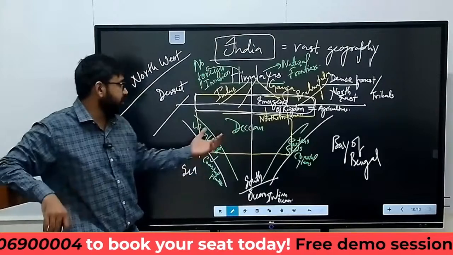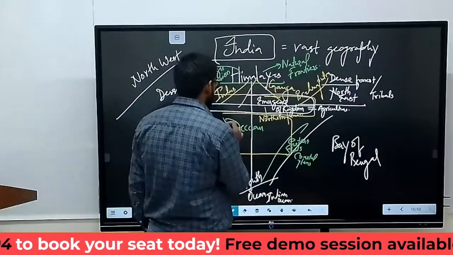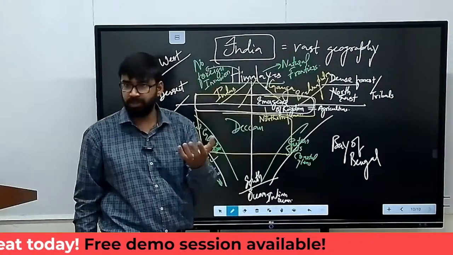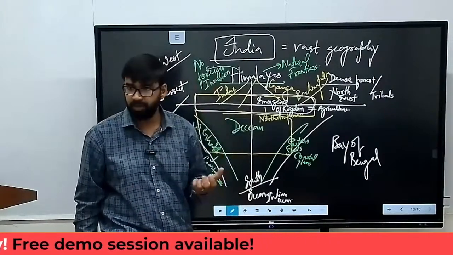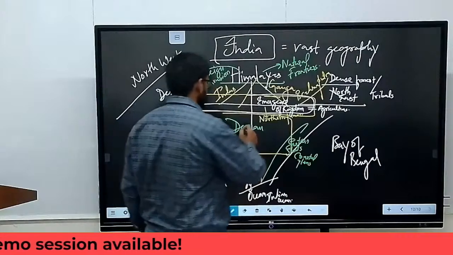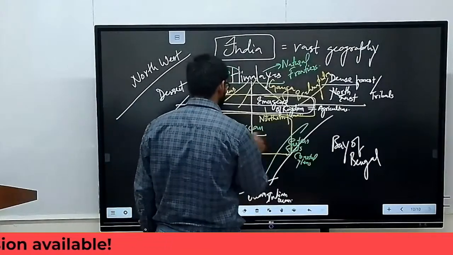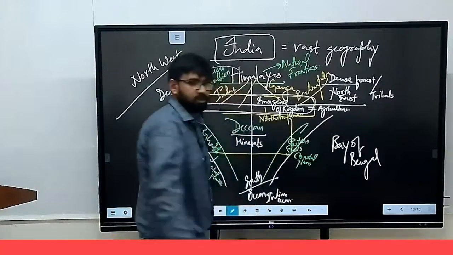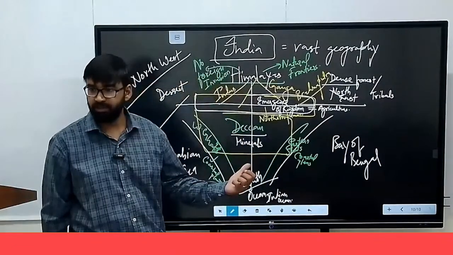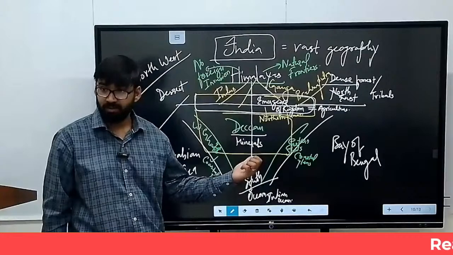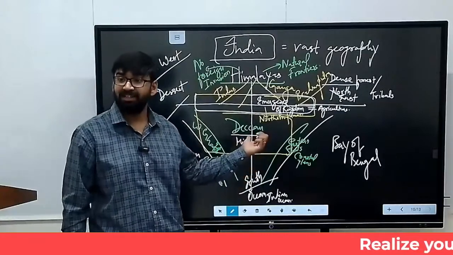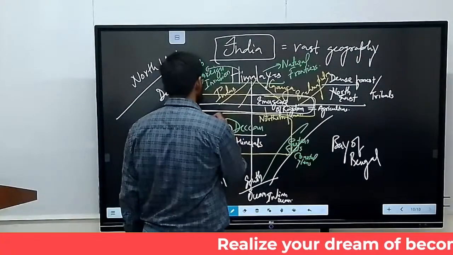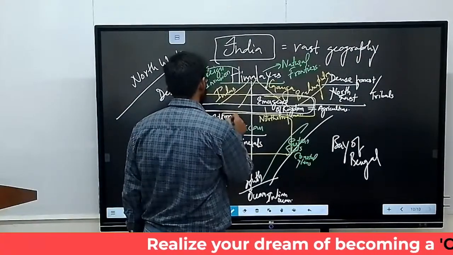Again, this Deccan region. In this region, you will see hilly areas. Small hills will be there, small mountains will be there. So in this region, you will see the importance of minerals. Because this is the Deccan region, black soil is here, so cotton cultivation is here only. Getting my point? Here in this area, you will see cotton cultivation.